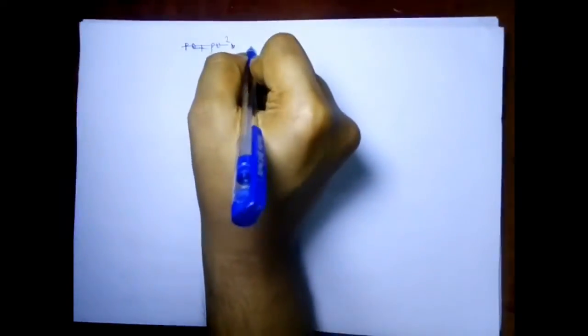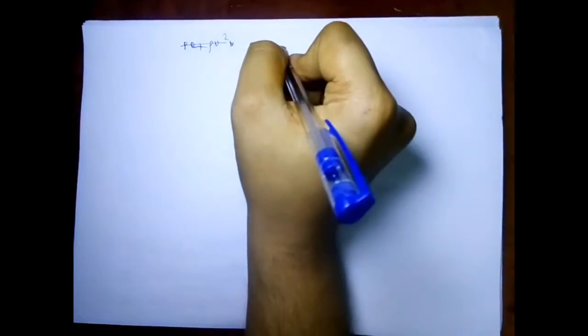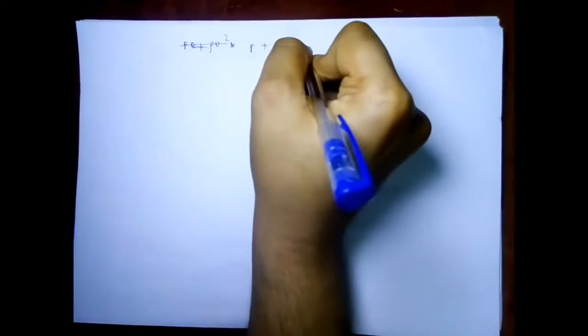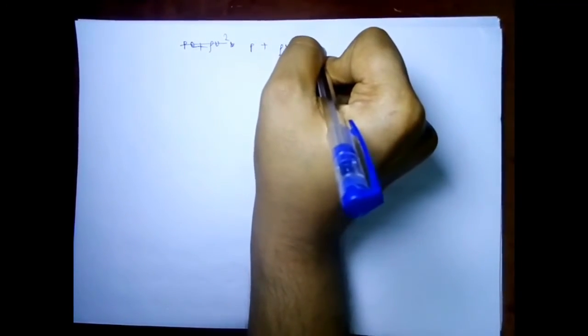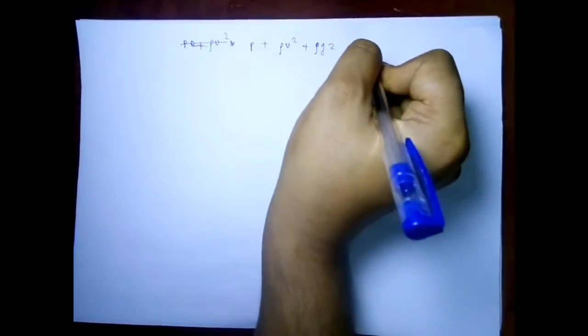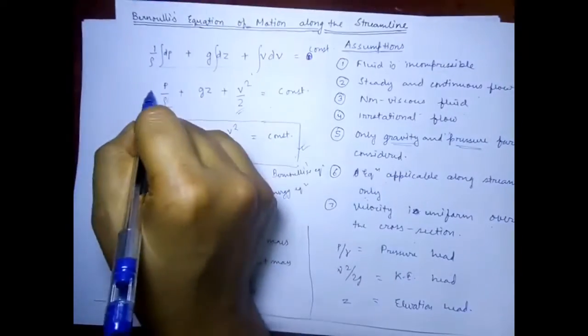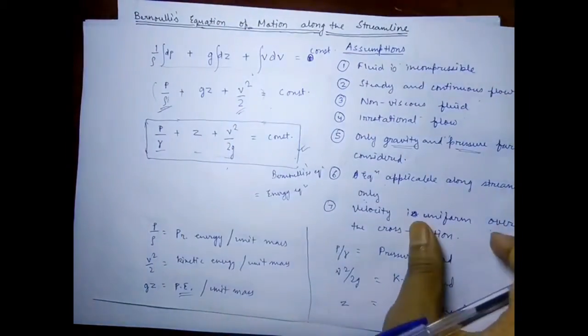So I can write this as P plus rho V square by 2 plus rho g z is equal to constant. How am I getting this? Simply I will multiply rho with this equation and I will get this thing,